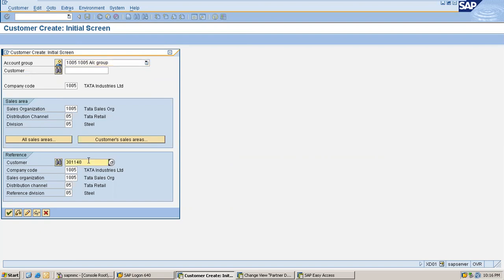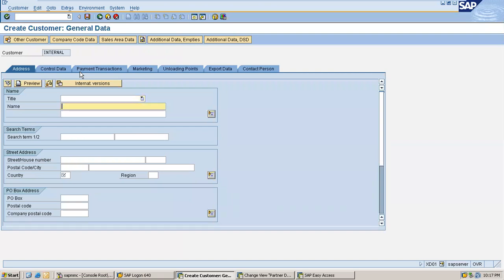Now I'm going to create a new customer number for this. I'm not copying from an existing customer, but my org elements will be the same. I don't enter a customer number here because I have assigned the account group to my PDP and my partner functions, and this account group will have a number range assigned, that is T1, which starts with the 5 series.